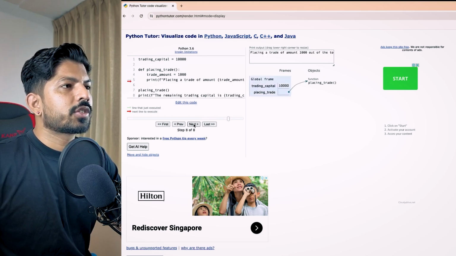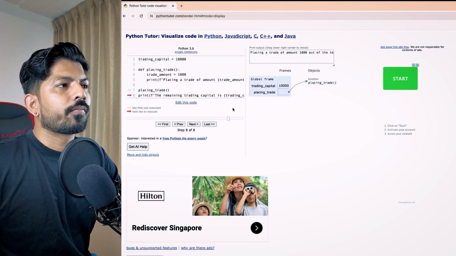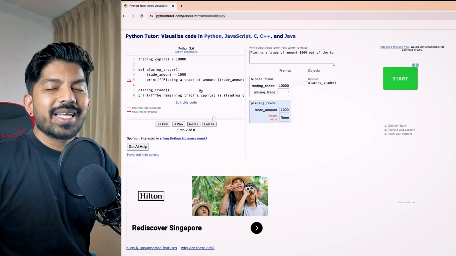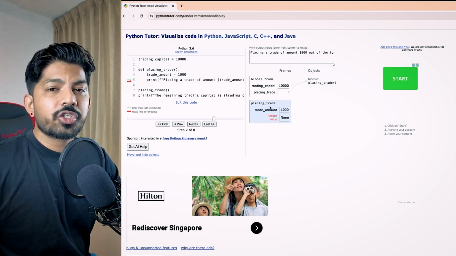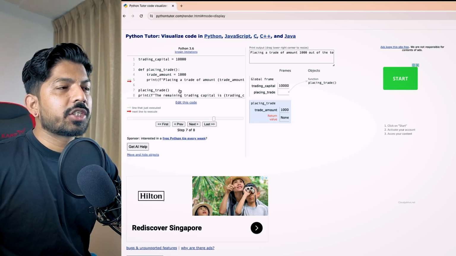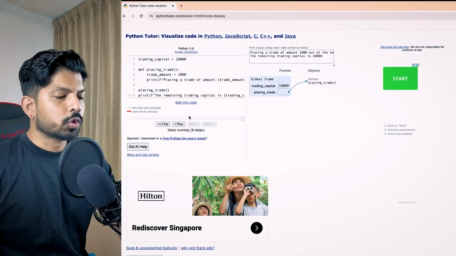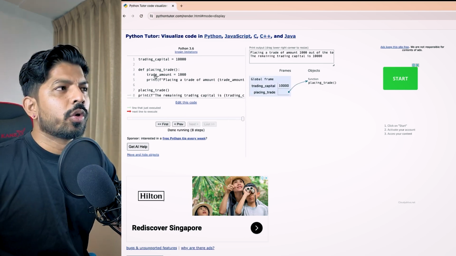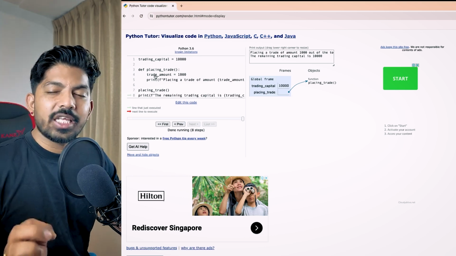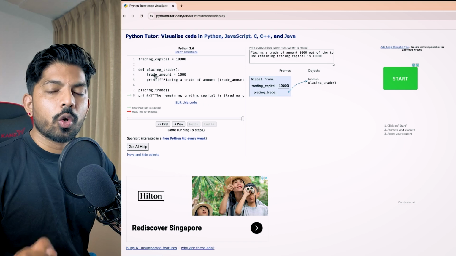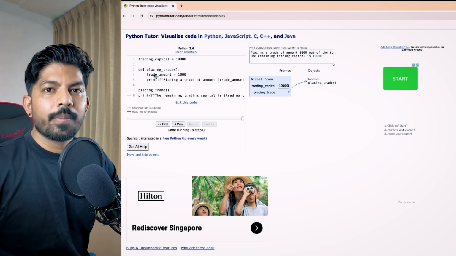Now we click on next, and this will be gone. If you are able to understand, what happens when I click next? This local namespace vanishes as soon as the function execution is completed. So when I click on next, it is vanished, then the last print statement. Hope you are able to understand that we have separate namespaces, and according to the LEGB rule, the first priority is to the local namespace, the second is enclosing, the third is global, and the fourth is the built-in.